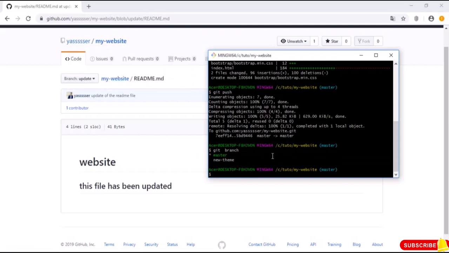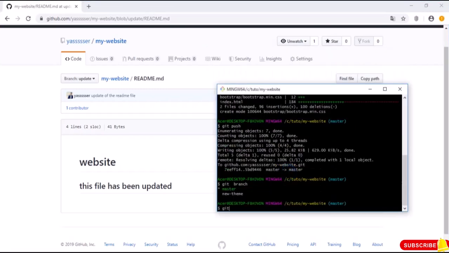With the fetch. As we said, the fetch is like the pull with some differences. The pull is the fetch plus the merge, and at this moment we want just to use the fetch, so we want just to download